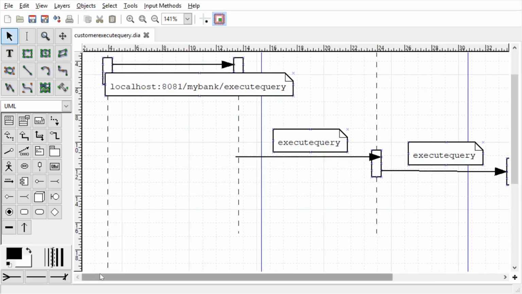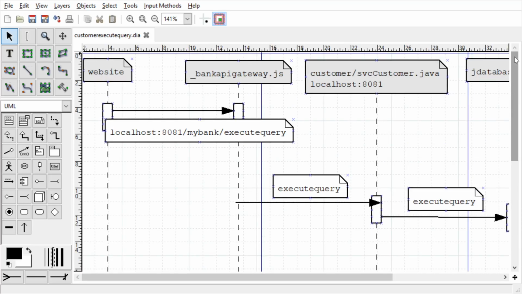So this is how a sequence diagram looks if you have done one. There is a website over here. How does the customer execute query work? We are running 4 queries from the customer website: select, insert, update and delete, depending on what button the user has clicked. But for all 4 I am ultimately calling execute query. Only the query is changing but the link is the same.